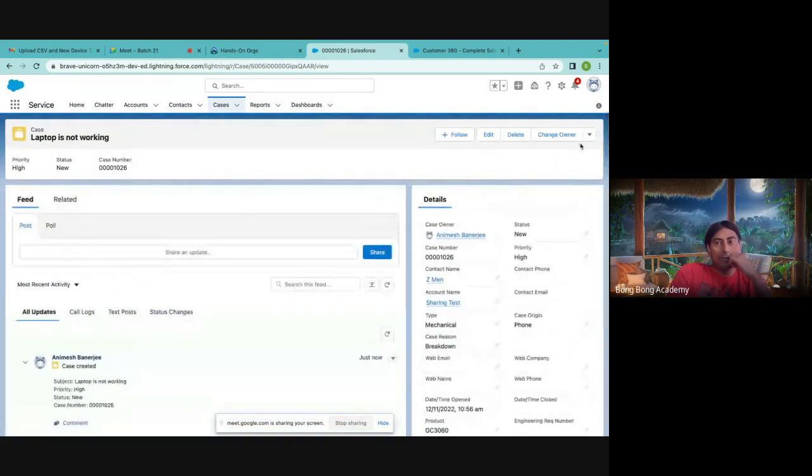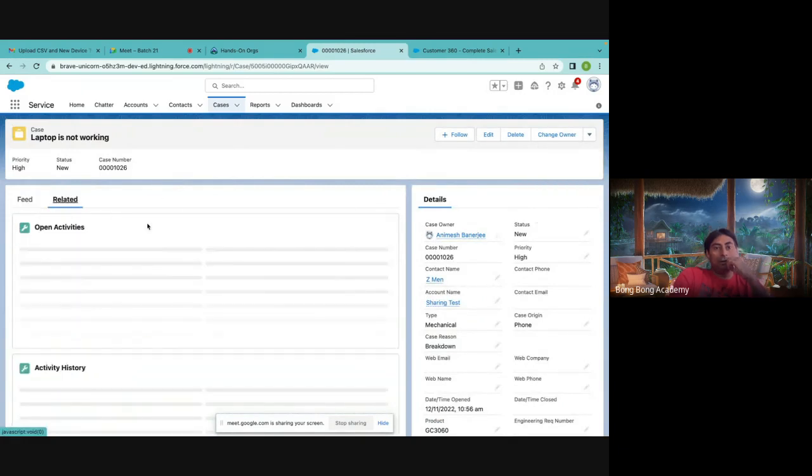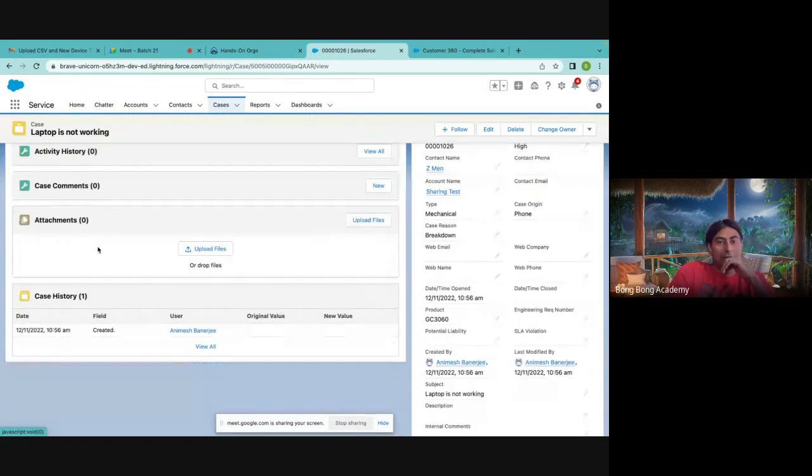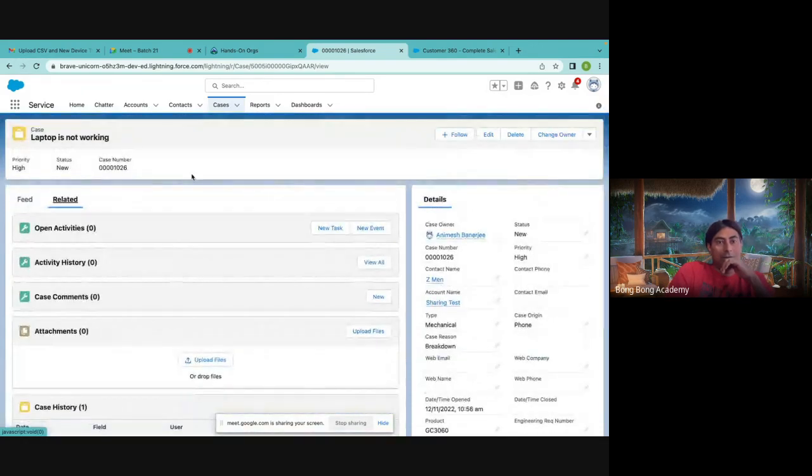And finally, you keep on working on it. You can have different cases, with history tracking on them if you change values and stuff. So this is how this case is managed. Okay. Now